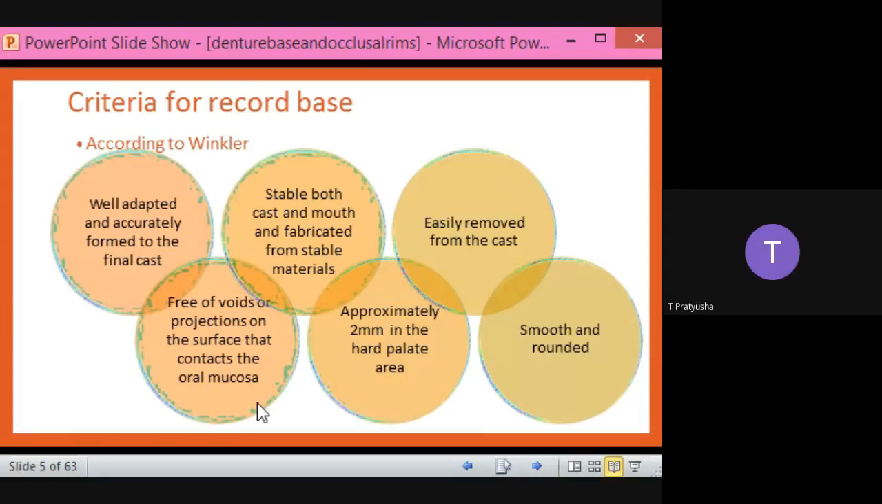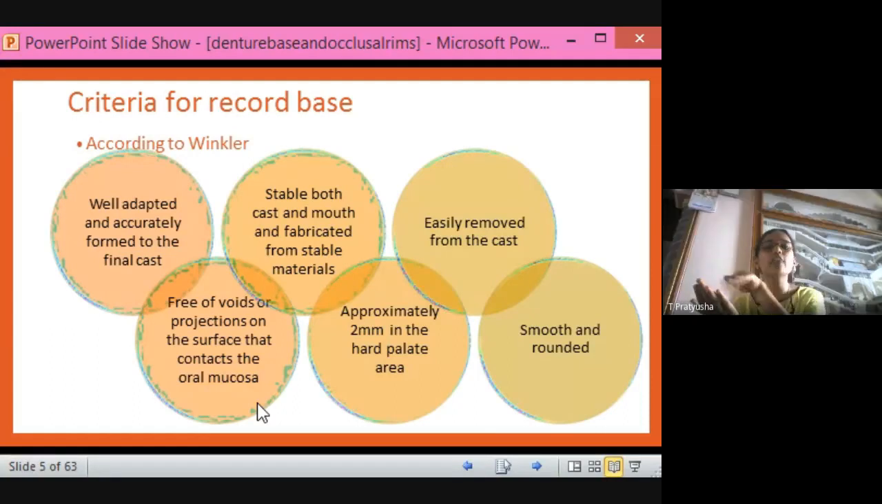Similarly, when you are making a denture base on the cast, even the inner surface of that denture base should not have any elevations or voids. If there are any elevations or projections, what will happen? When we are placing it in the patient's oral cavity, it will impinge the soft tissue. It will impinge the oral mucosa or the palatal region. Wherever we are placing it, it will create some damage there. So the denture base surface, everything should be free of voids